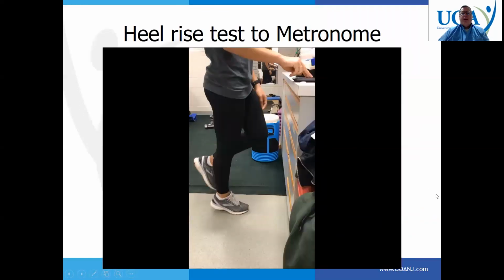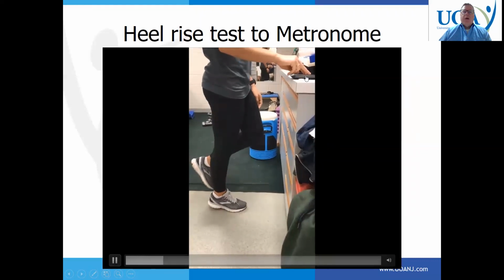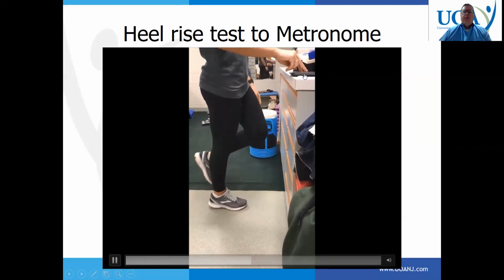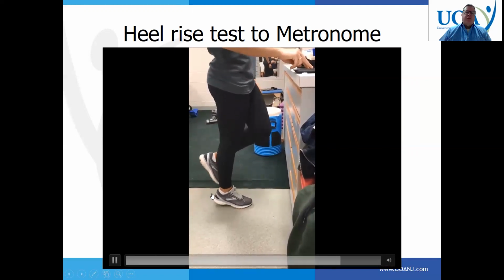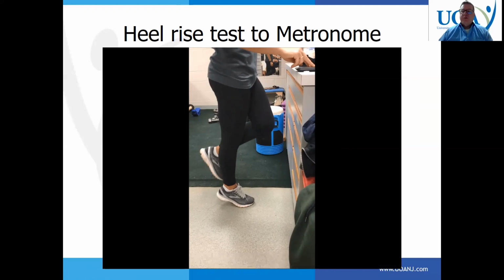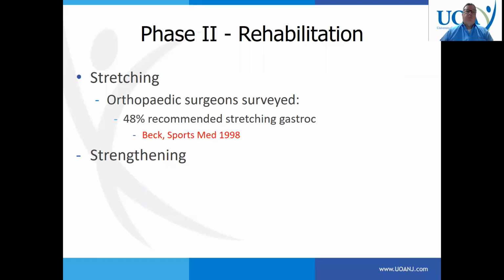So the heel rise test to a metronome. I actually use a little scale on the countertop. They can use some finger pressure for balance. I don't want the finger pressure to exceed 1.5 pounds or 2 pounds. They stop when they get to about 50% of their original heel rise height. You do it to an online metronome set at 30, so it's 1 heel rise every 2 seconds. It's a good way to determine whether or not an athlete is maybe ready to start their running program.